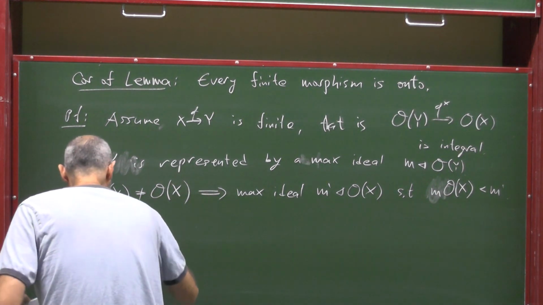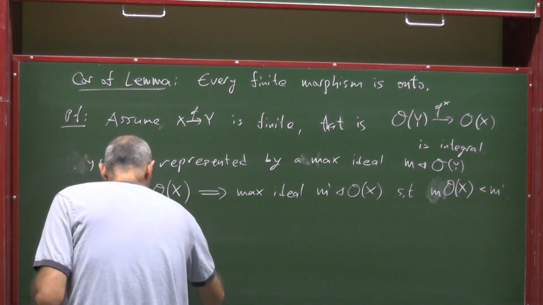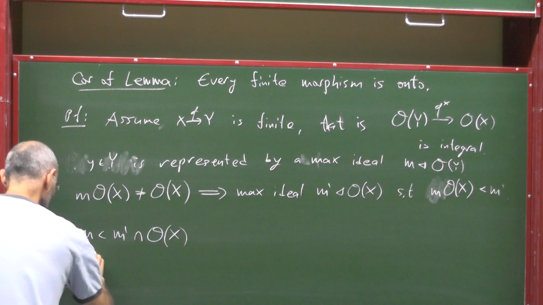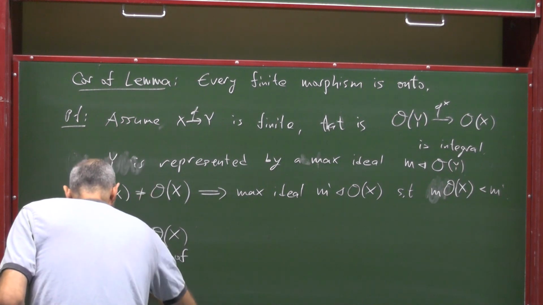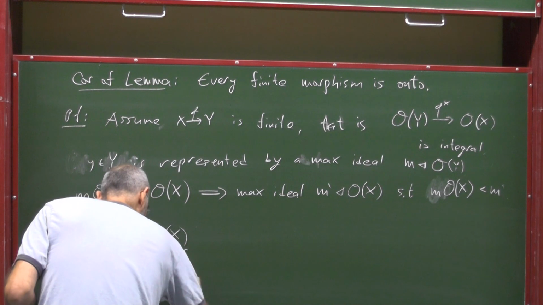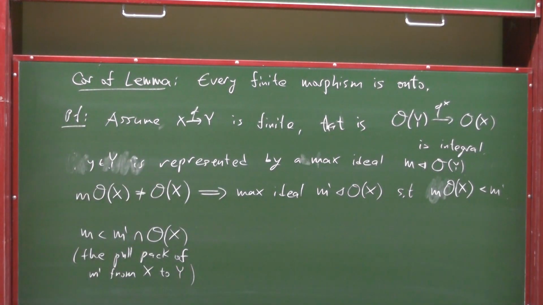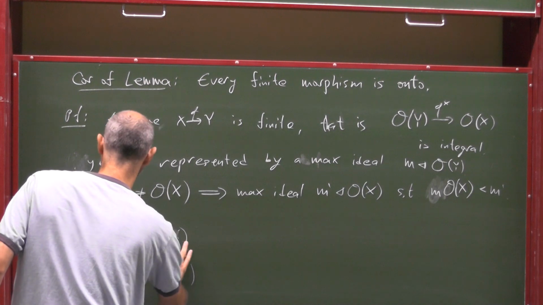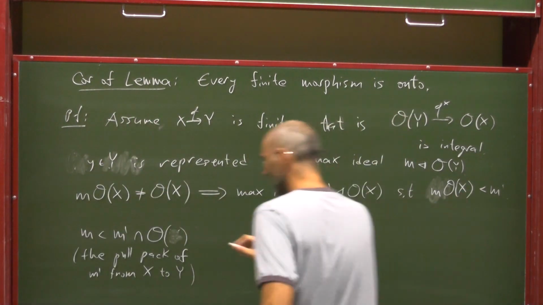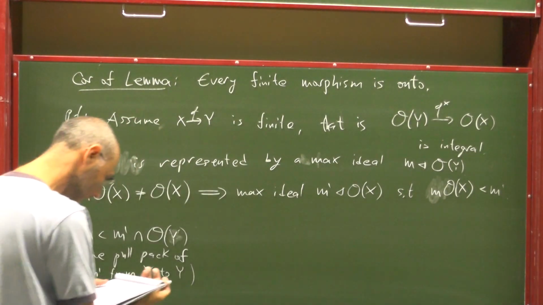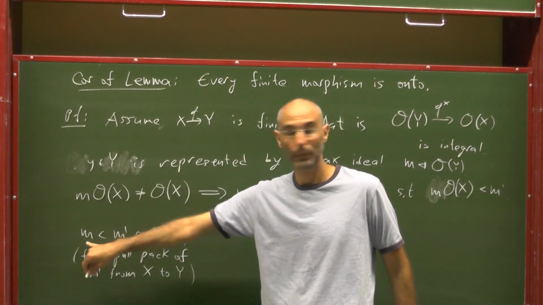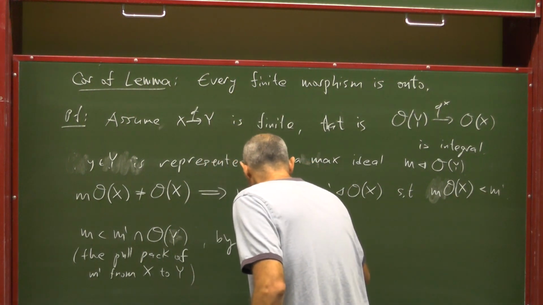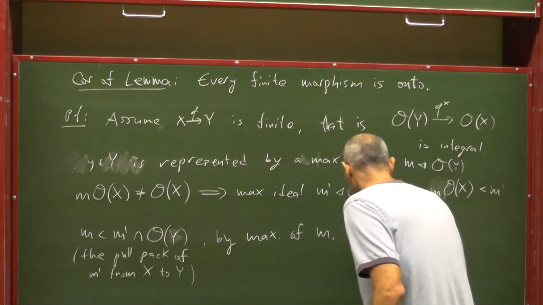Now if you take this M' and intersect with O_Y, this is the pullback of M' from X to Y. If you intersect with M of Y, then of course it contains the original M, and by maximality of M, this is